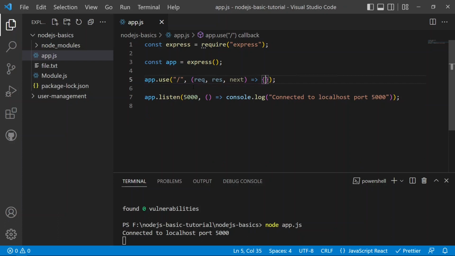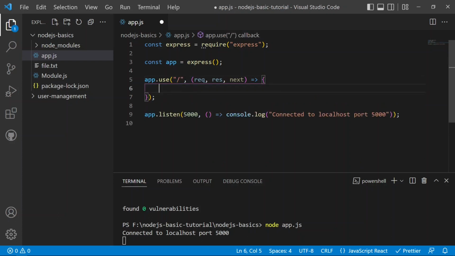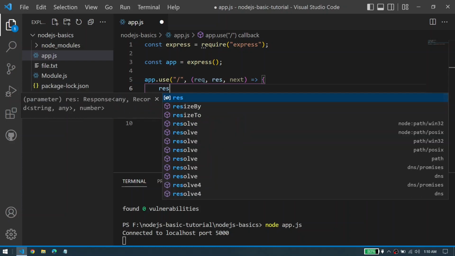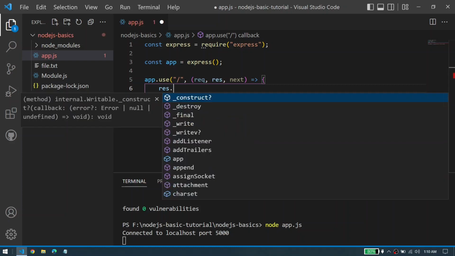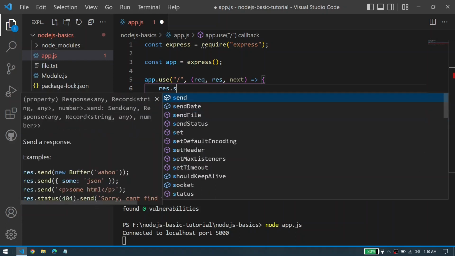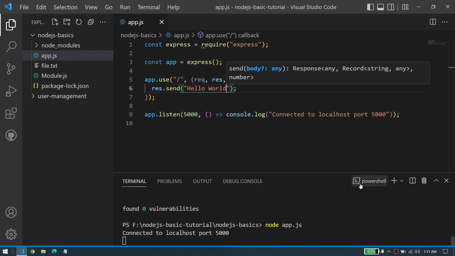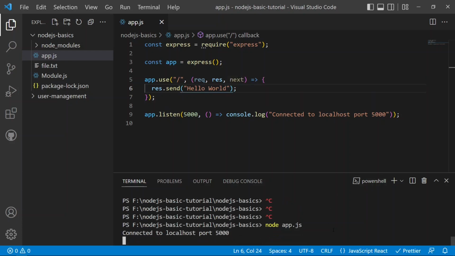And now what we need to do, if we move on to the same route on port 5000, and after that you want to send something to the application, then we can provide the response. The response has some functions and methods as well, so we can use send. You can send a response to the front end, and inside that you can provide anything, like a string such as hello world. So you will provide hello world. If you save and restart the application with node app.js,